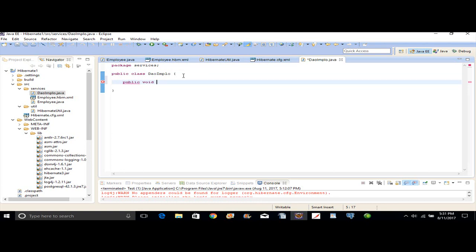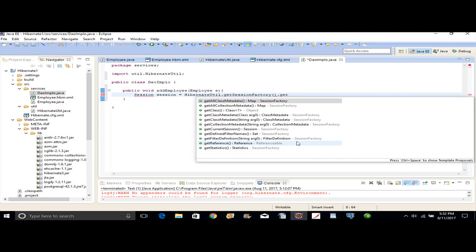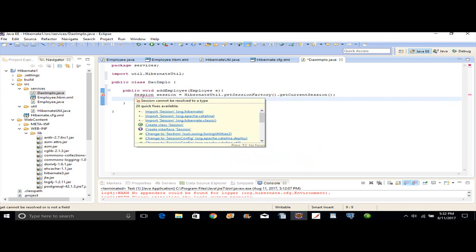It's gonna return nothing, so it's gonna be of type void, and let's call it add employee. It's gonna receive an employee and add it in the database. And for that I need the Hibernate util class, just to create a session. So it's gonna be something like this: session. I'm gonna call that class Hibernate util, and then create a session factory and get current session,